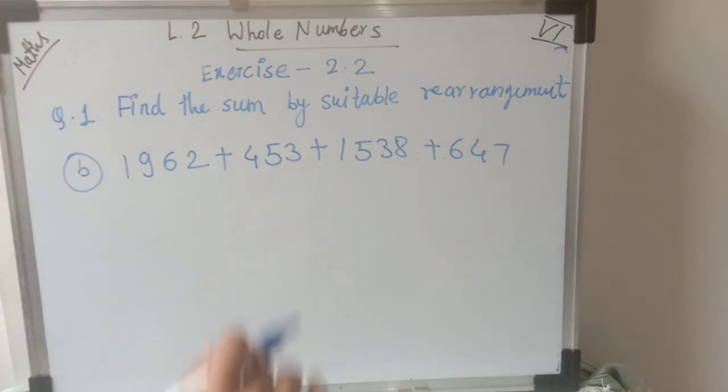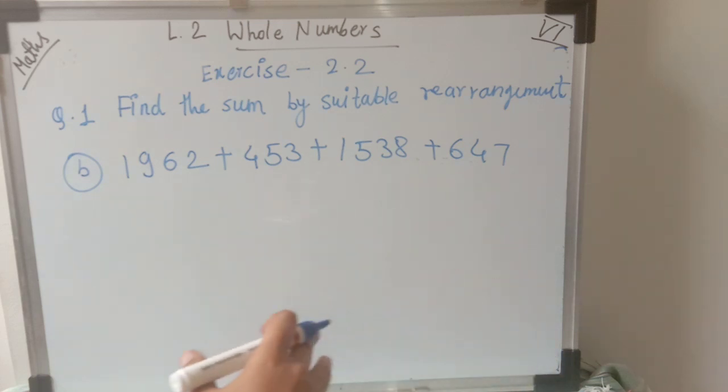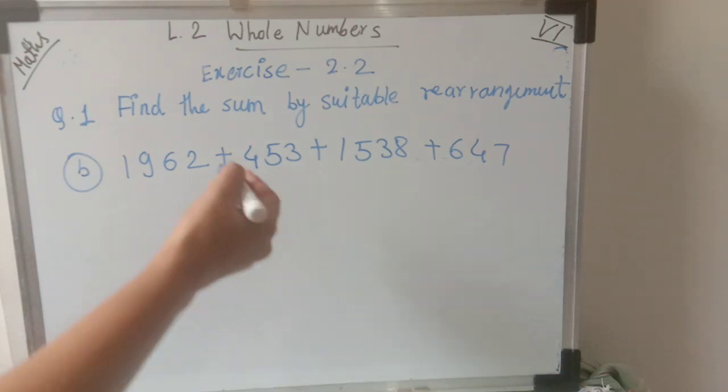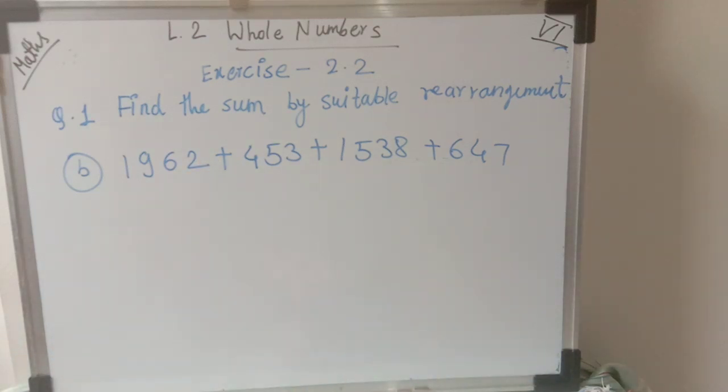Now students, here 4 whole numbers are there. And this property is associative property, where we have learned that when we add more than 3 whole numbers, we'll get the same answer. If we add them in a different order, still we'll get the same answer. Now how to arrange them? One thing that you can do here,